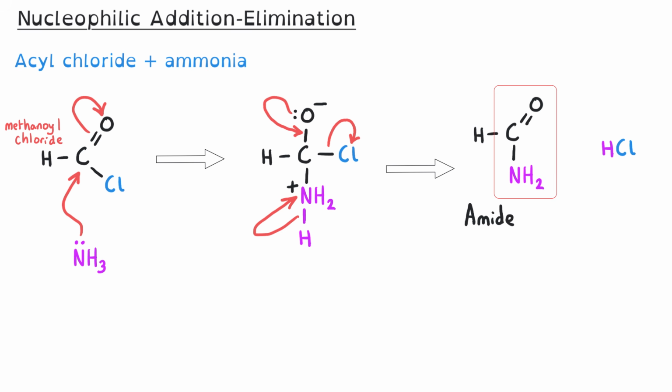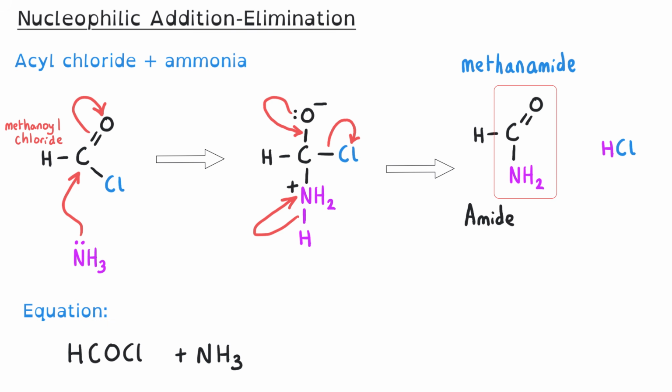And you name amides by simply having methan, ethan, propan in front of it. And so since I was using methanoyl chloride in my example here, I would produce methanamide. And we can use an equation to represent this reaction as well as a mechanism. And so this is the structural formula of methanoyl chloride, and it's reacting with ammonia, and we produce our methanamide, and the HCl is eliminated, and we would observe misty fumes. And with acyl chlorides, the second product is always HCl, so we would always observe these misty fumes of the